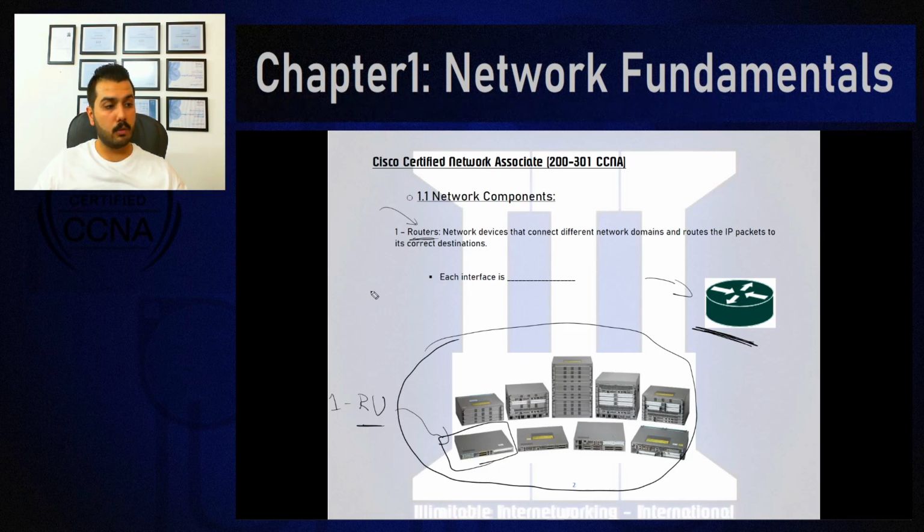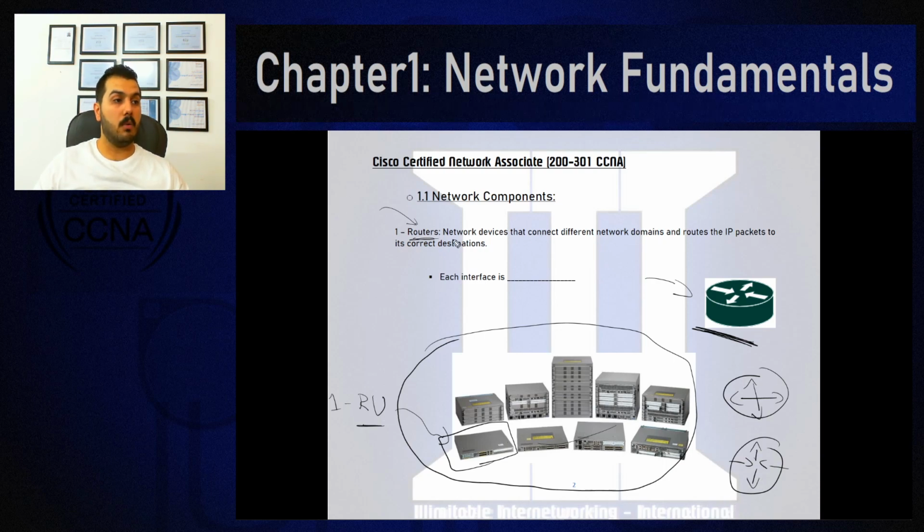This is an indicator that there is a rack. So we will not draw this in our upcoming blueprints, plans, maps, topologies, because there is nothing called a plan or a map in networking. It is called a topology. This is not the way we plan to draw a router in our topologies. We will draw it this way because it is much easier. You can just draw it this way, maybe this way can be enough, just a circle with some arrows.